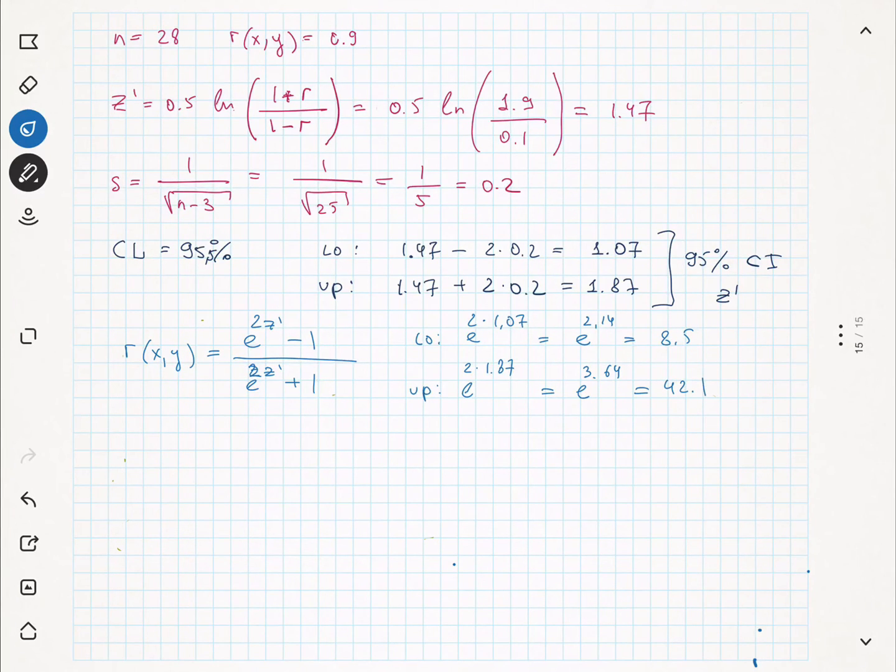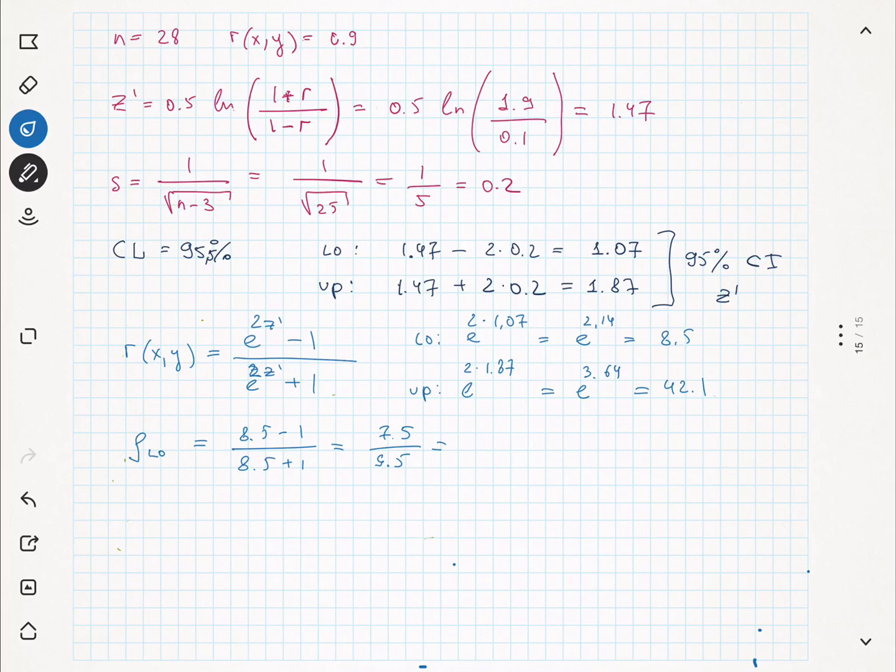So these are the values for e to the power 2z prime. Now I can calculate the confidence interval. In this case, I will use rho because I calculate confidence intervals for the population. The smallest possible rho will be 8.5 minus 1 divided by 8.5 plus 1. So it's 7.5 over 9.5,